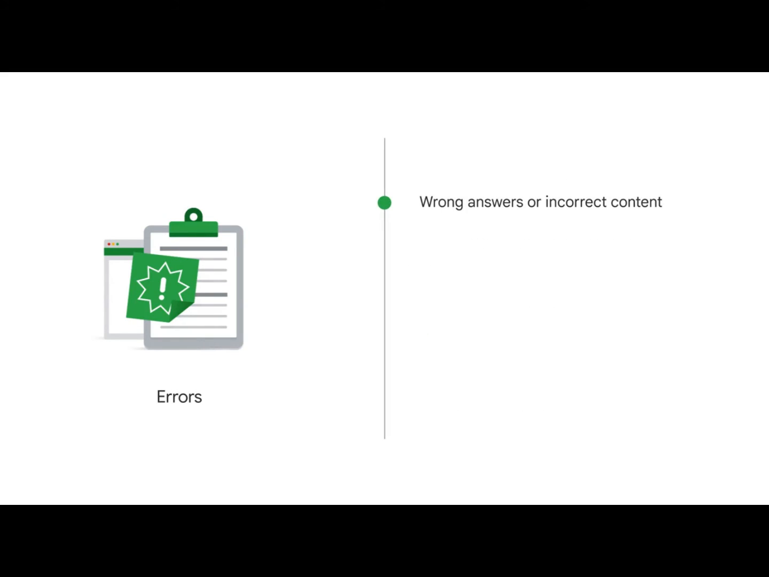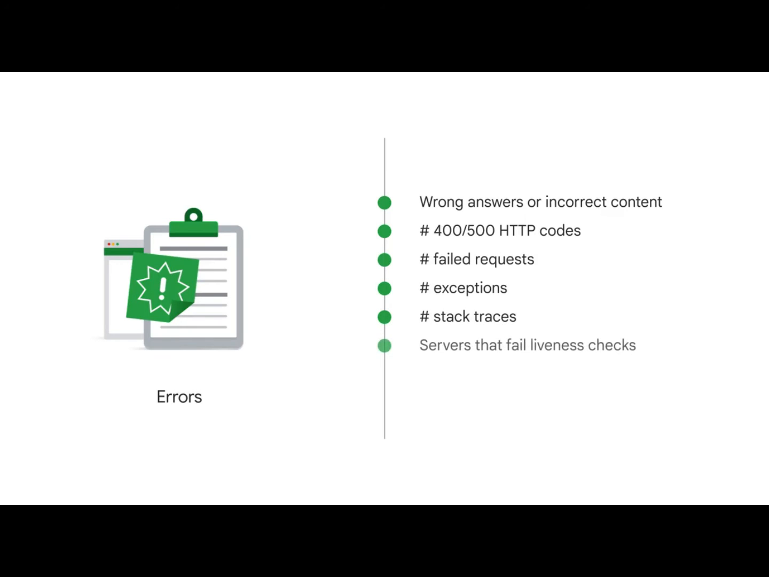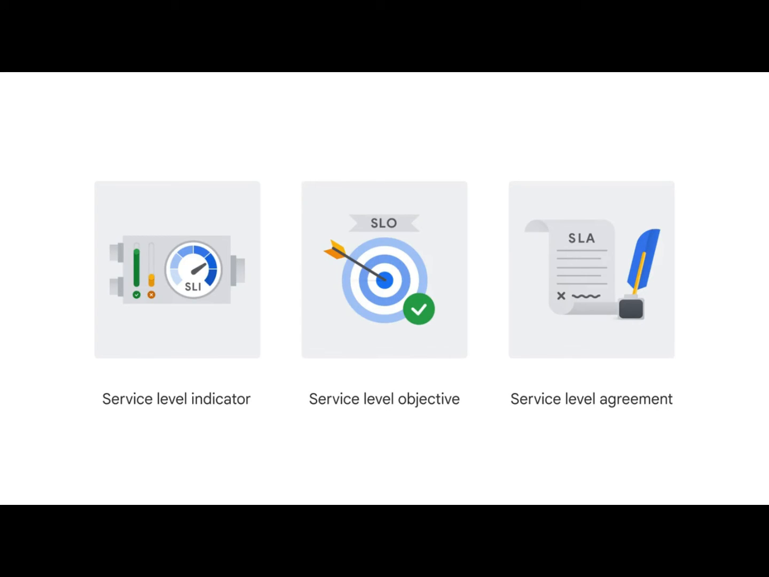Sample error metrics include wrong answers or incorrect content, the number of 400 and 500 HTTP codes, the number of failed requests, the number of exceptions, the number of stack traces, servers that fail liveness checks, and the number of dropped connections. Now let's shift our focus to SLIs, SLOs, and SLAs, which are all types of targets set for